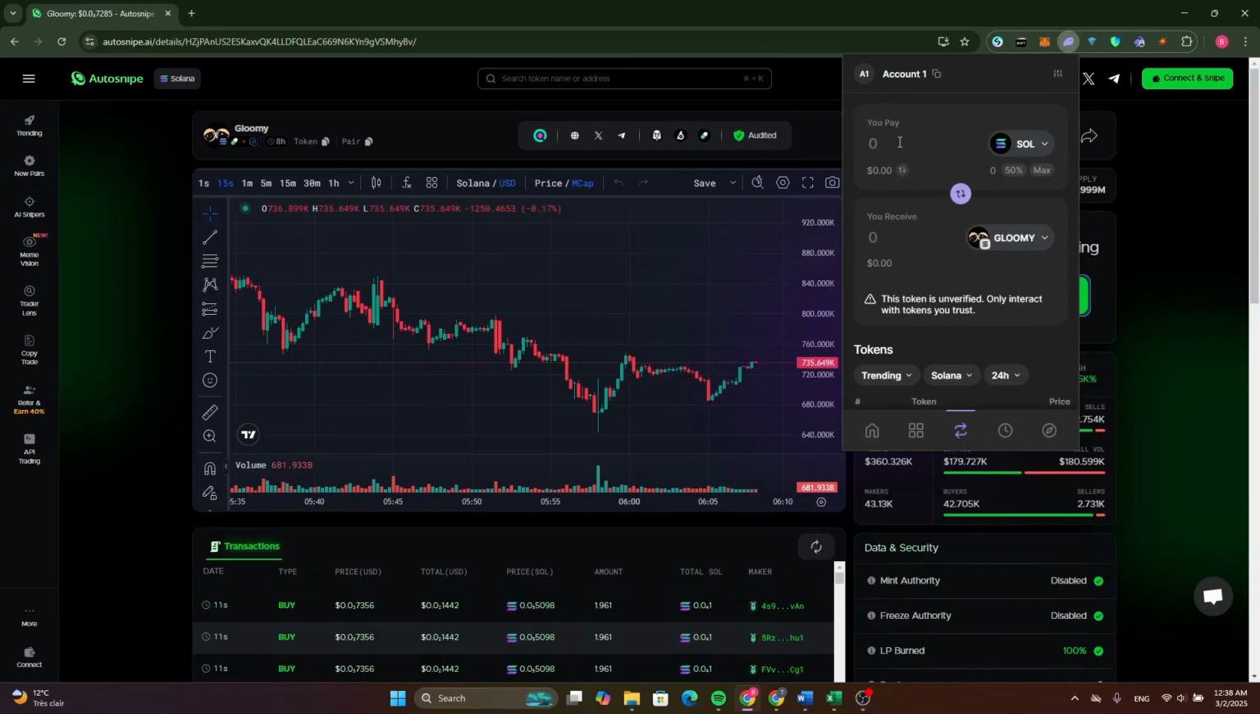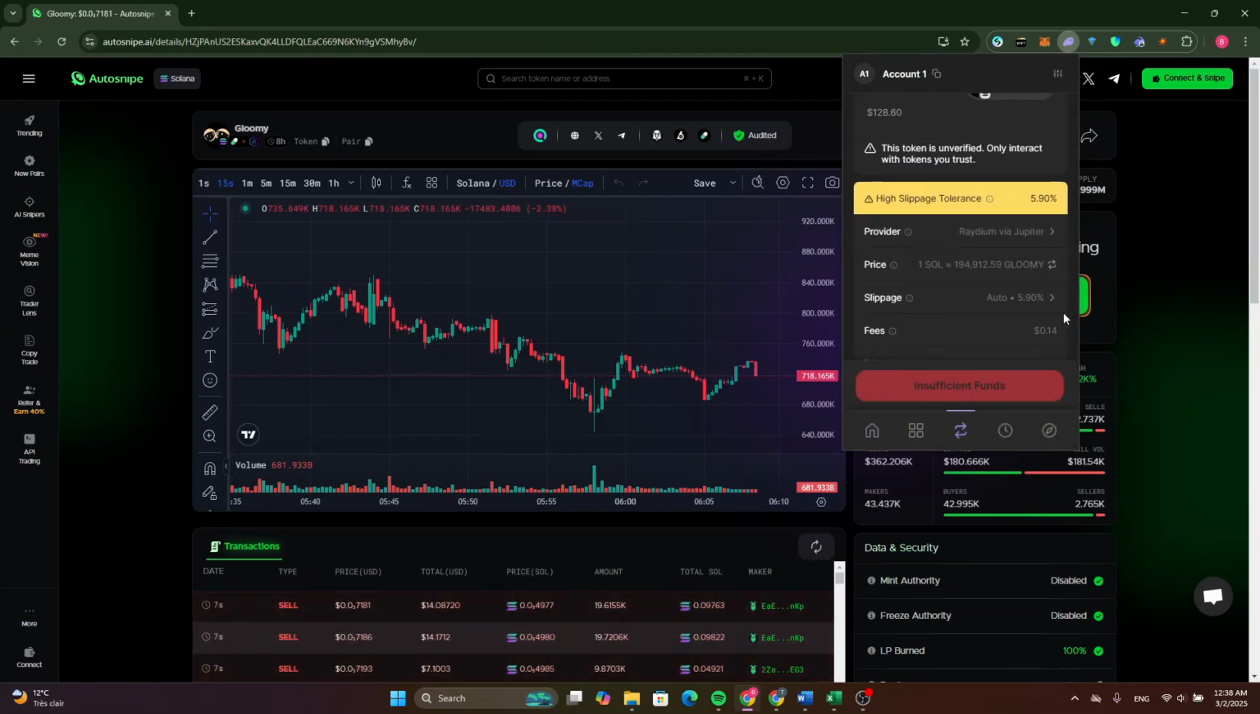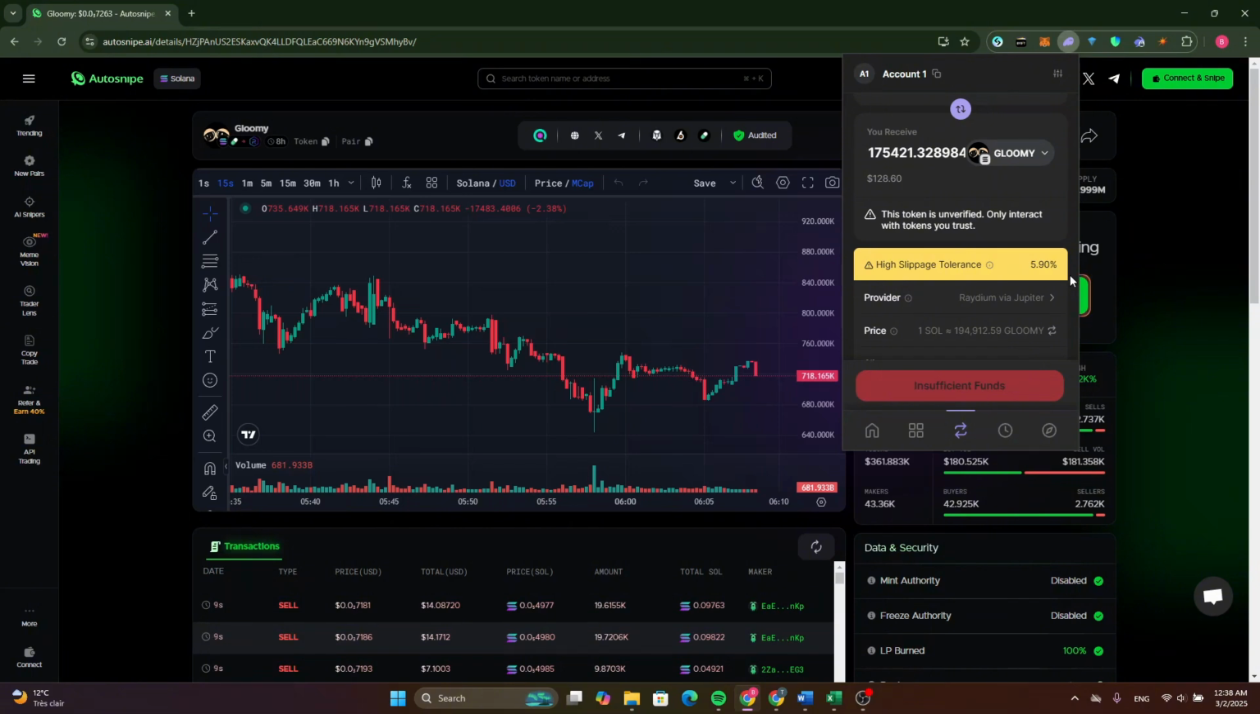Click on it, and here you can type how much you want to buy. So here you will be able to see how much of that token you receive. After that, select the provider, for example Jupiter, and make sure to read all of that information here. Click on Solana. After that, you will be redirected to the Jupiter provider page to be able to